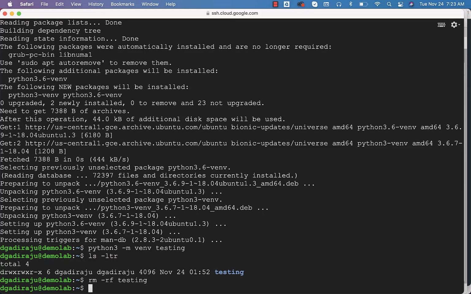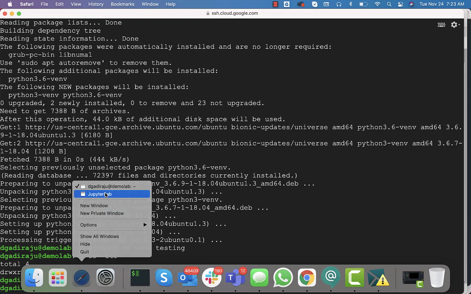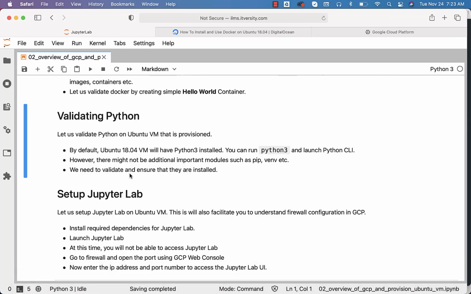This is how you should be able to install additional Python related OS libraries to support our pursuit of learning Python as part of this course and also in other courses wherever it is relevant. That being said, as of now we have a virtual machine with Docker as well as Python along with some additional libraries related to Python. Now let's understand how to set up Jupyter on this environment.